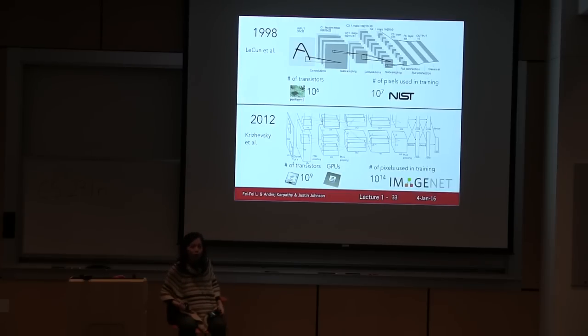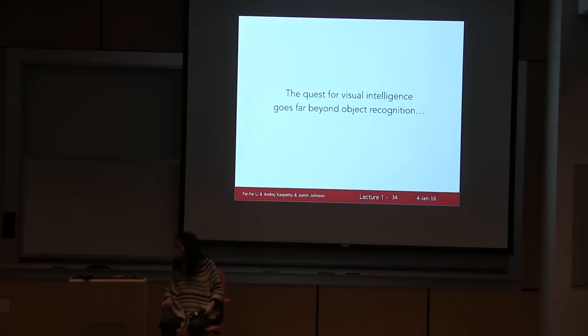Data itself doesn't mean anything if you don't know how to use it. But in this deep learning architecture, data became the driving force for a high capacity model to enable end-to-end training and help avoid overfitting when you have enough data. If you look at the number of pixels that machine learning people had in 2012 versus what Yann LeCun had in 1998, it's a huge difference, orders of magnitude. So this is the focus of 231n.